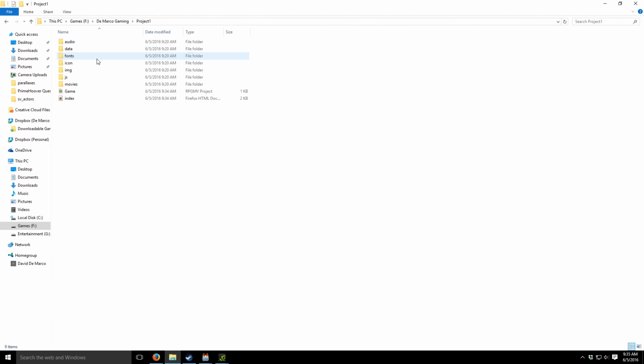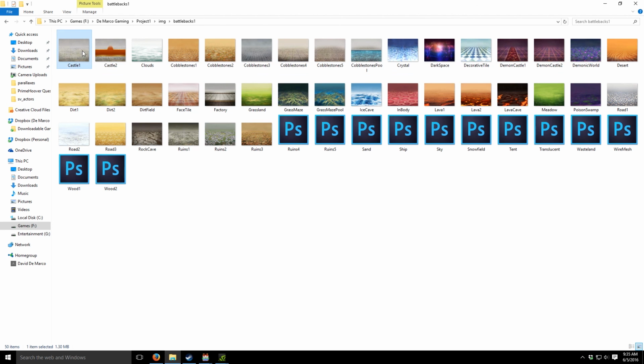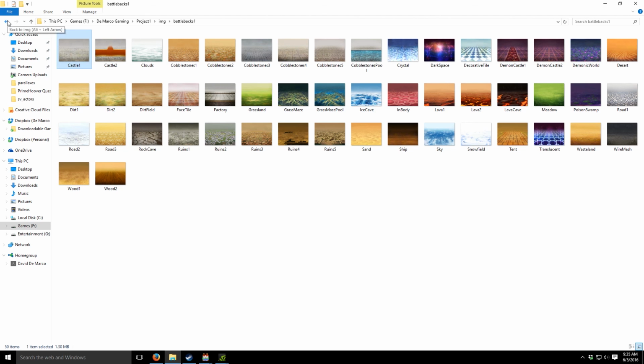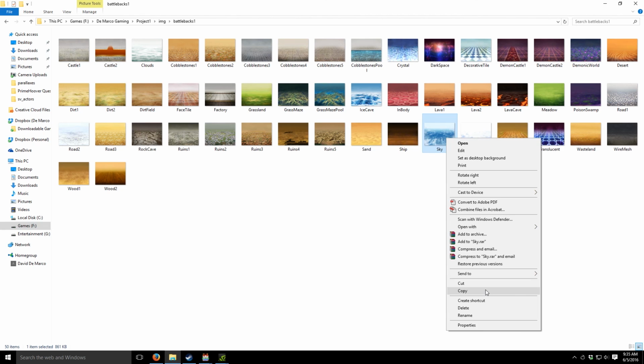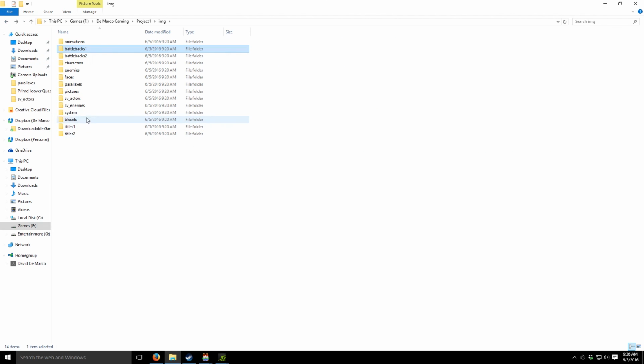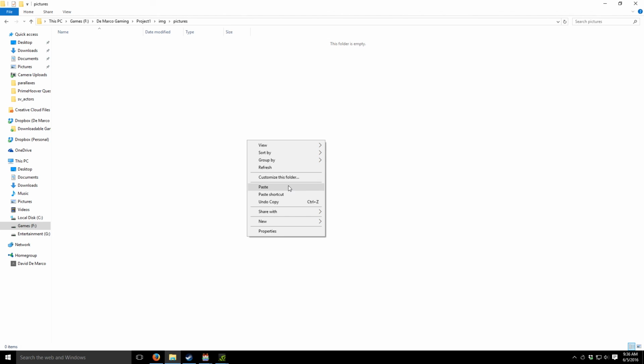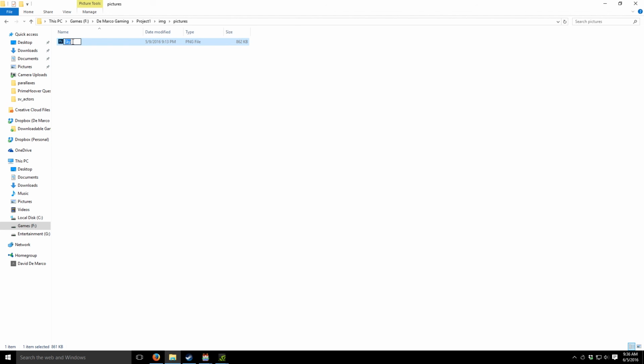So if we go to your project, project 1, and you go to image, okay, you go to pictures. Inside this pictures folder is where you need to have your image that you're going to be using for the background. So whatever image you want to use. So typically, just because this is a demo, I can use any of these backgrounds that I want. So, you know, I can use a sky here. We'll go ahead and use the sky. Copy that. Put it into picture. Paste, and we'll rename it as